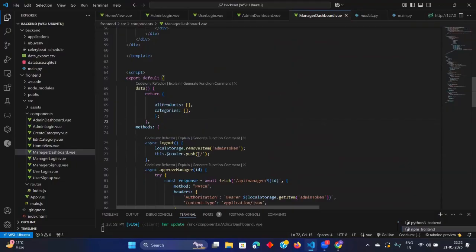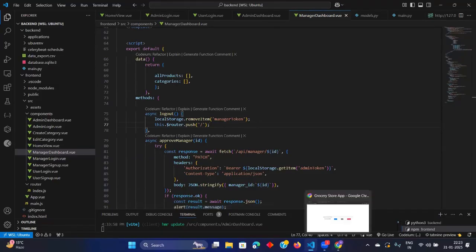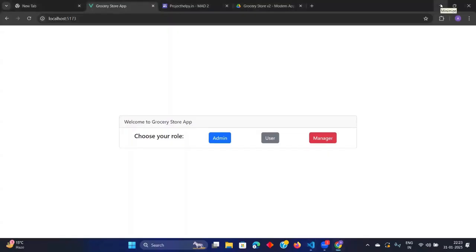So now methods. Logout will work as usual, but instead of this admin, we will have manager. In the logout thing, the only thing we need to do is remove that token itself and just push to the home page, right? Because the issue with JWT is, you may have also seen that if you are on the IITM dashboard, then IITM also uses JWT. So if you want to get data from the IITM portal, then you can use a JWT token and get the data from the portal using some script. You can also do that thing.